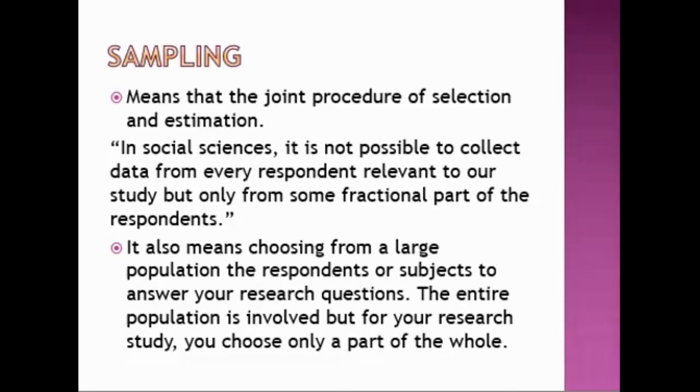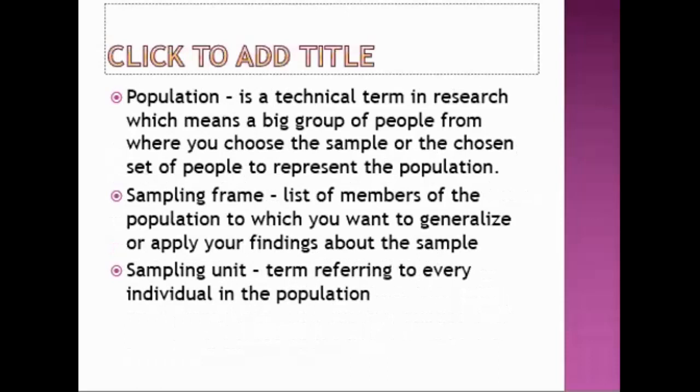In other words, in research, sampling is a word that refers to your method or process of selecting your respondents or any people to answer your research question. We have different kinds of sampling, and we will determine as well the different factors in selecting your sampling techniques or in selecting your samples. But first, we have terms that are related to it, which is what we call the population.